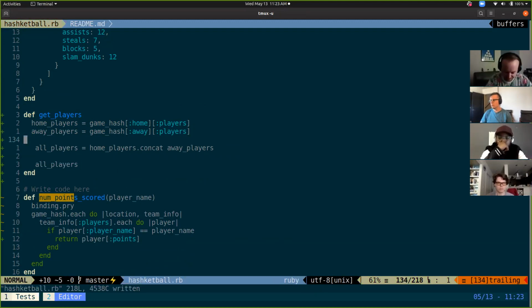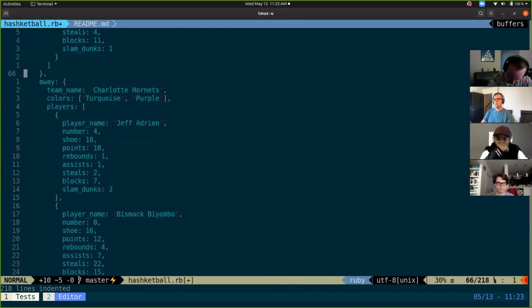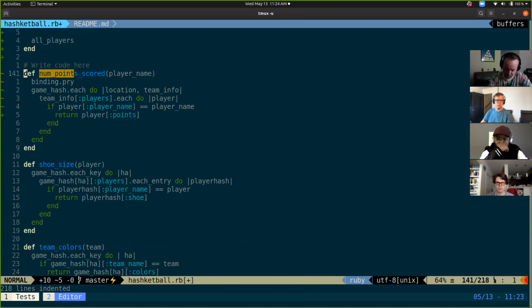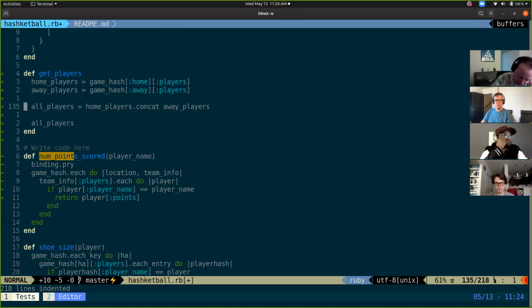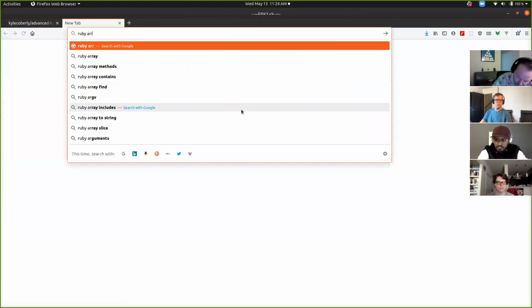So there's a lot of things like concat. Any guesses where we could find things like concat? Documentation. What documentation? Depends on what data type you're trying to operate on. Cool. So concat is with arrays. I have this home players array. So what documentation am I going to look up? Ruby arrays. Yeah, sure. So if I just look up Ruby arrays,